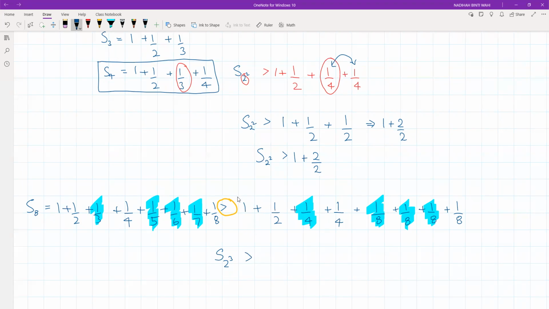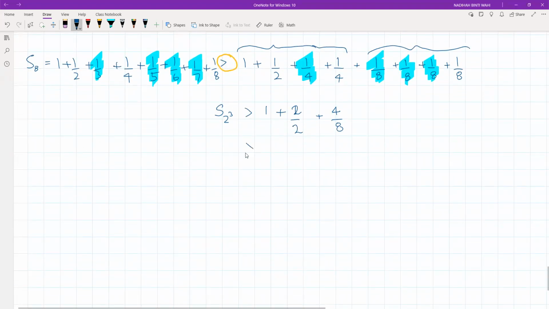So what is this? This part is the previous one. 1 plus 1 over 2, over 2, right? Okay, plus also included this one. Okay, so we have how many of this? So we have 4 over 8. Okay, so